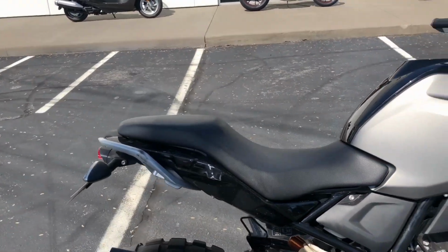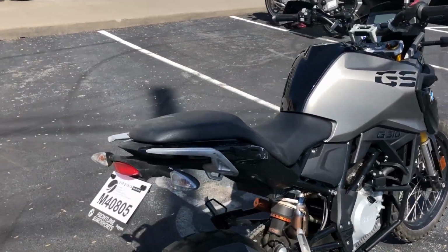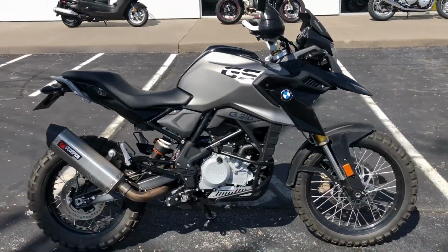Some changes she made: we did some custom paint for it, getting it all blacked out, and removed the rear luggage rack, as she's using a giant loop bag, as you can see over there. I'll let you see the